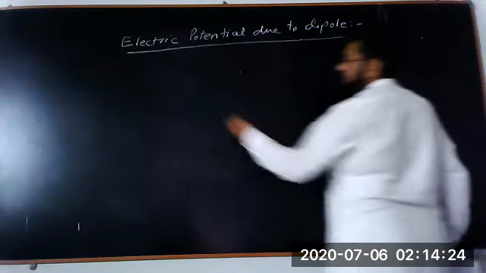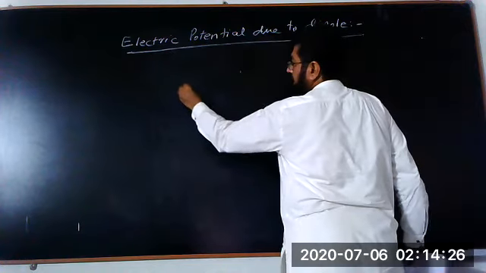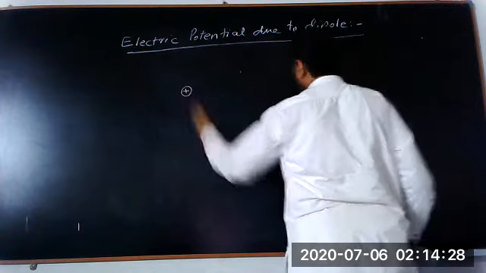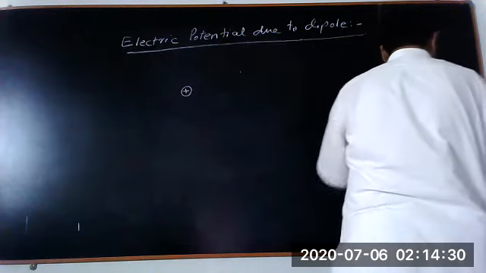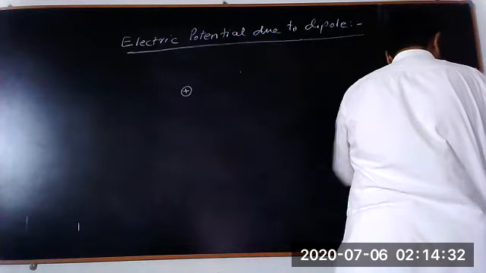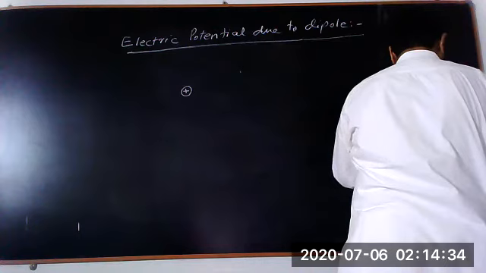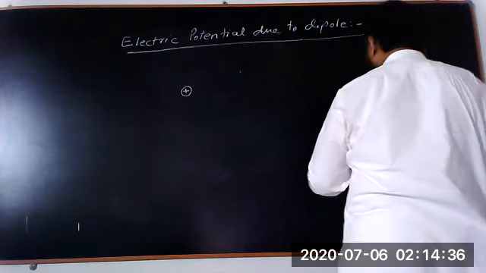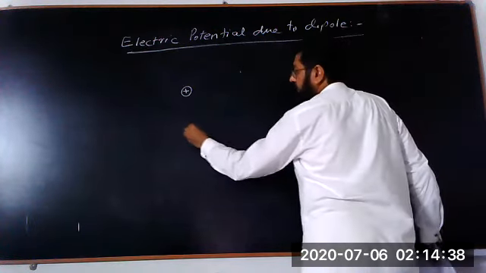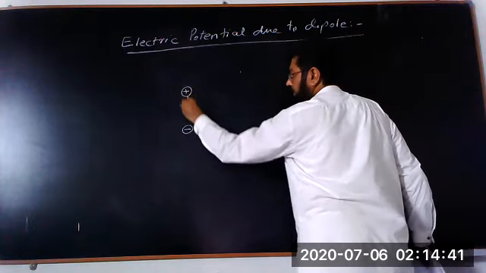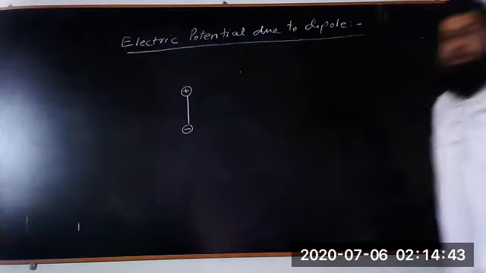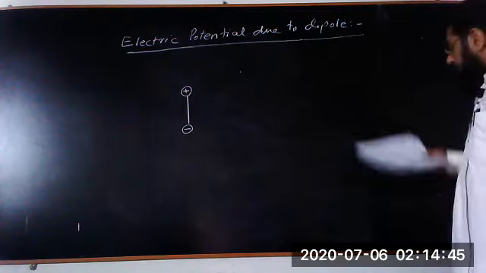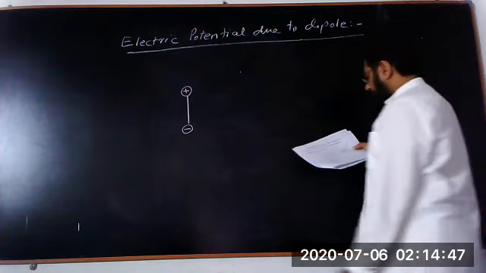Let's say these are two charges, a plus charge and a minus charge, separated by a small displacement, known as a dipole. Here, this is the negative charge and this is the positive charge, separated by a small displacement. This displacement we call d,